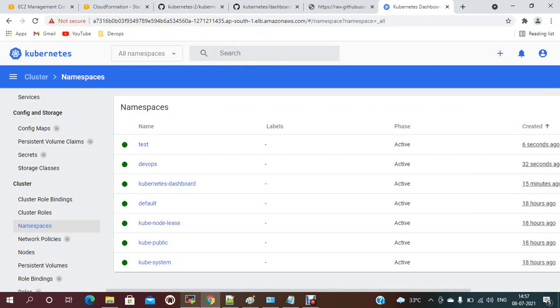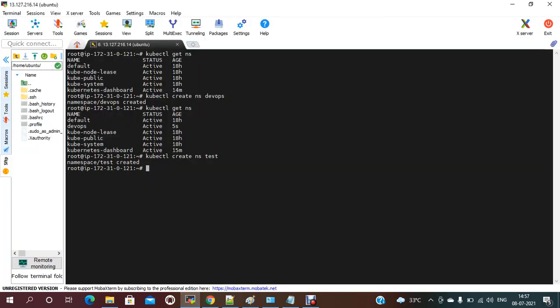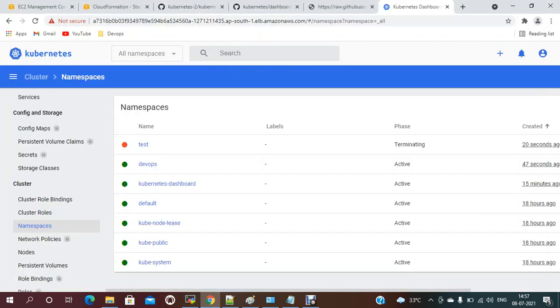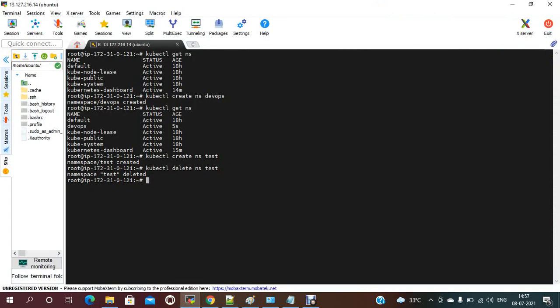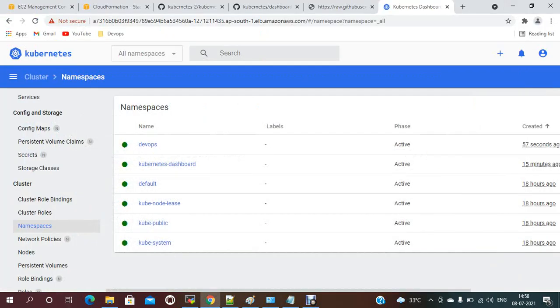If you want to delete a namespace, you can delete it: kubectl delete ns test namespace. The namespace is deleted. It should be automatically updated here. It should be terminating. Same as if you want to delete an existing one, you can delete it like the previous one.